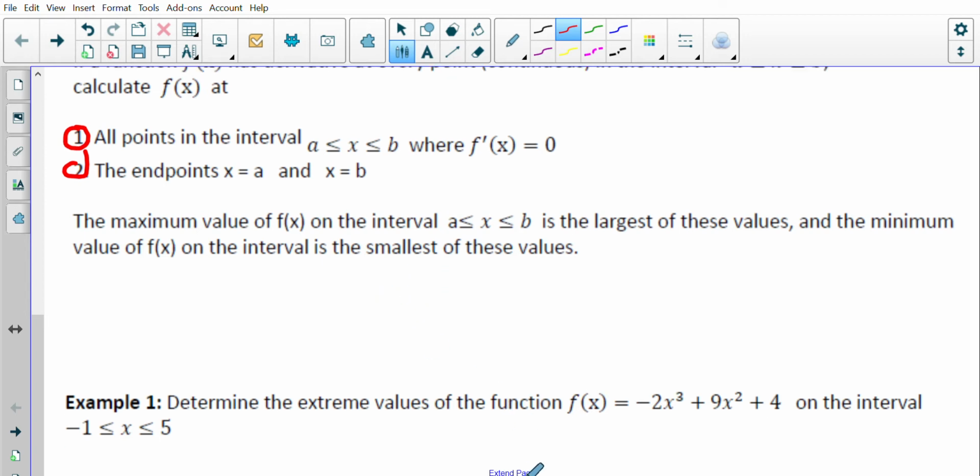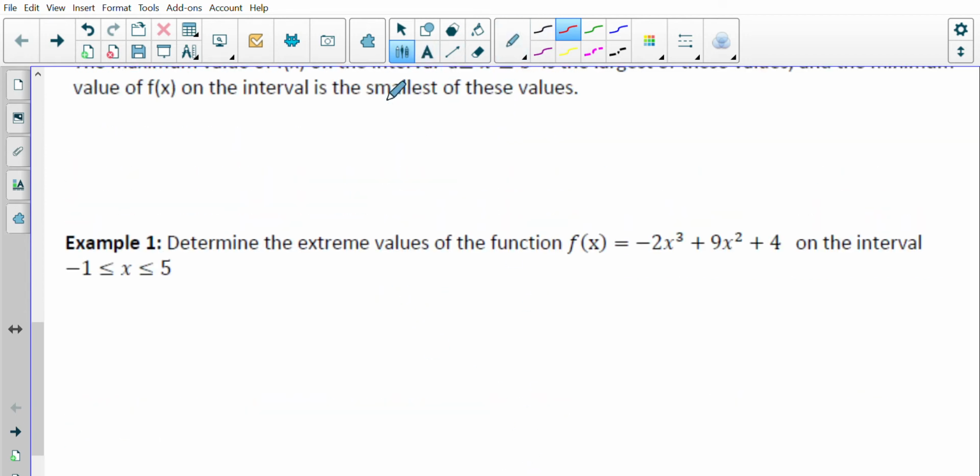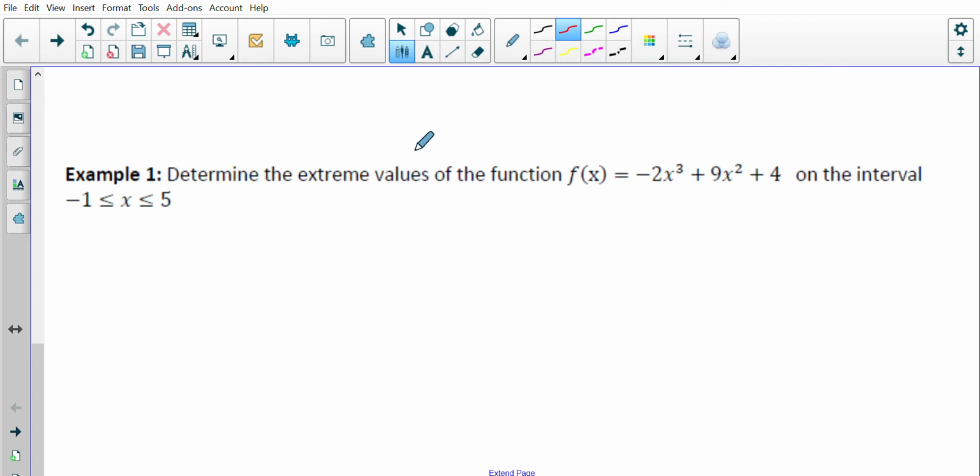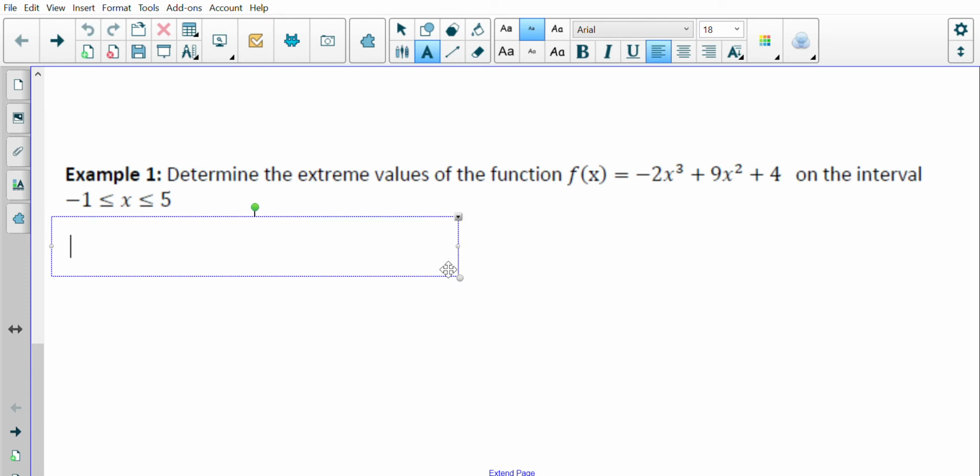All right, so for example number 1, determine the extreme values of the function f of x equals that function right there on the interval between -1 and 5. The first thing is I'm going to look for local maxes and local mins, and I'm going to do that by finding my derivative. So I've got f prime of x